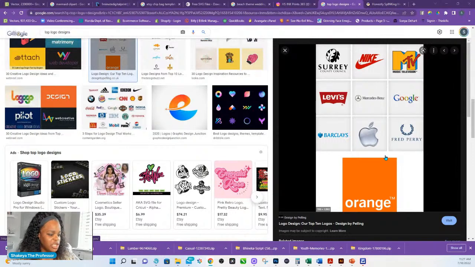Do I need the machine to use Studio? No, you do not. You can use the program without ever having a machine. You don't have to necessarily use the paid versions. You can do a lot in the free versions of Silhouette Studio. And if you want to go to Business Edition to unlock additional features, you don't have to have a business to upgrade to Business Edition. You don't have to have a machine to go to Business Edition. You don't have to have a machine to go to Designer Edition. It just unlocks additional features.